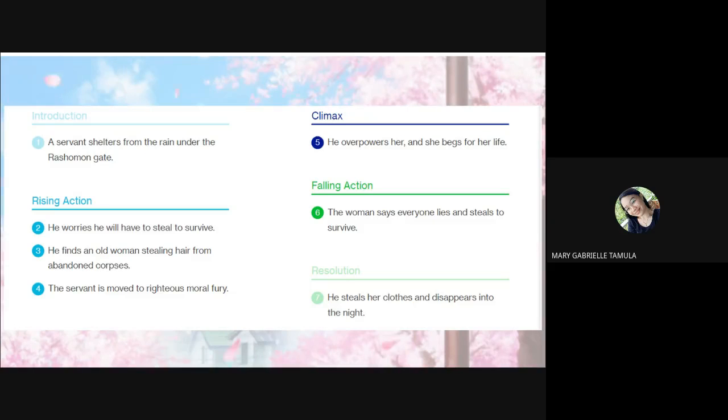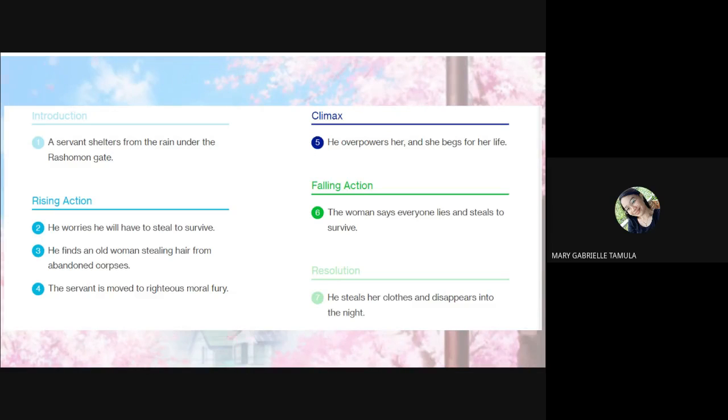Then next one, sir, is the servant. Since his employer has dismissed him and he worries about his future, when he's not sure about his future, he's nervous. Then the next one, sir, is the old woman. So the old woman is described as very poor, sir, and very pitiful to look at.